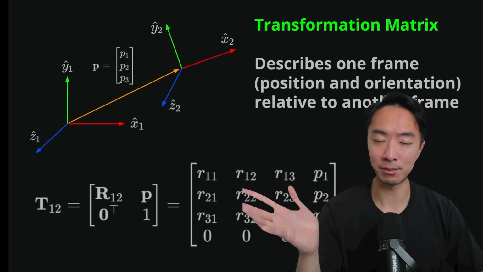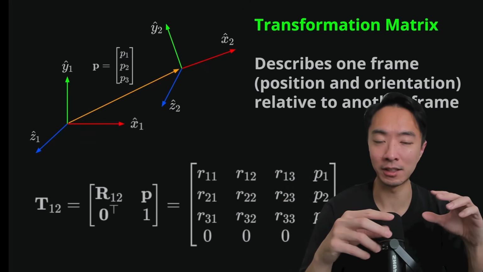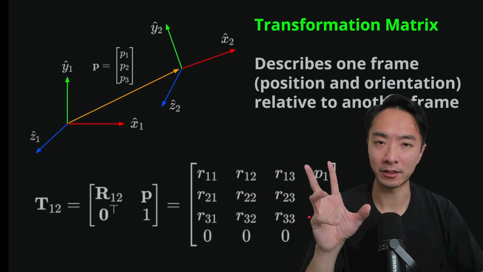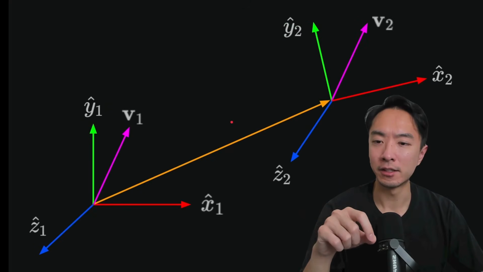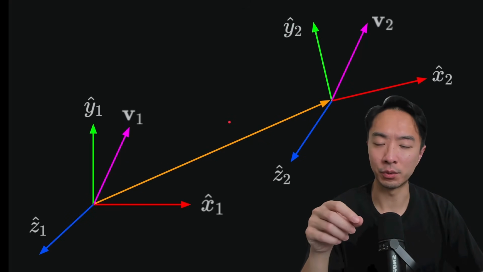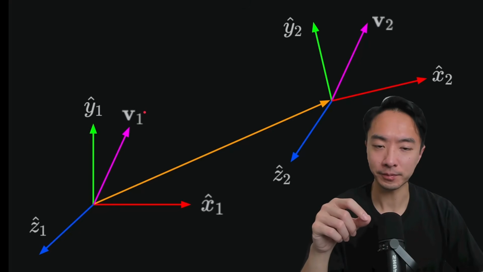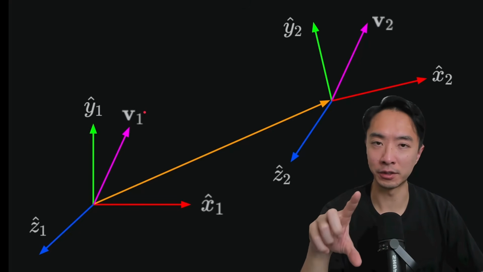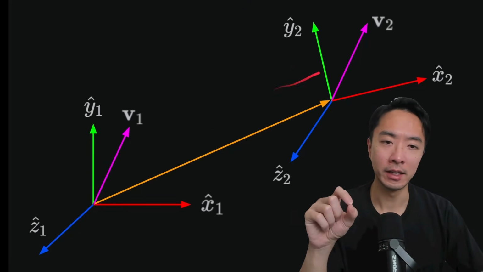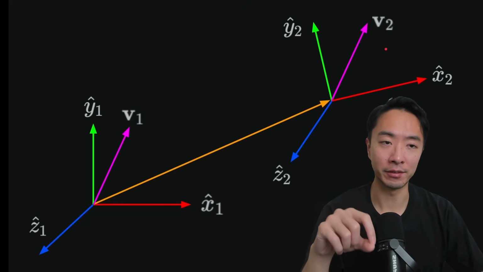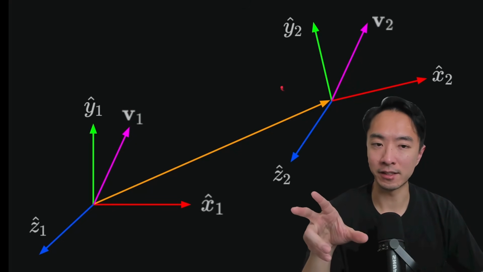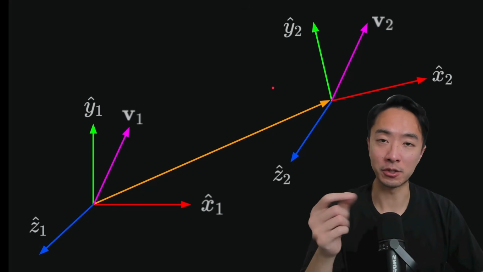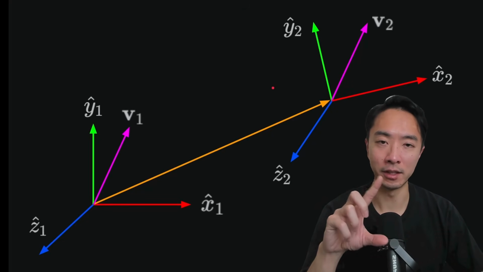This makes sense because when you do some of the multiplication in vector form, it actually ends up looking cleaner when you multiply it out. So this right here is an example if you want to have a vector, and let's say you have one vector described in frame 1, we call v1 here, and then you might have another vector v2 described in a second frame. So in these cases, you can also use a transformation matrix to help you describe a different vector